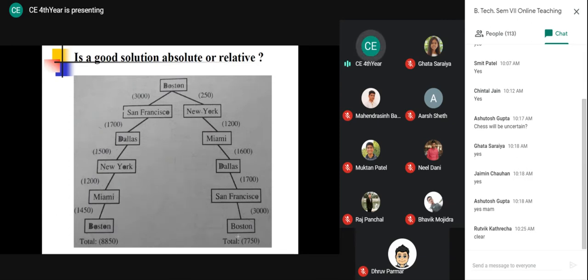So now see, in the first example that I have explained, once you get the solution, there is no need to explore the other paths, right? That's why that example is absolute. While in the case of the traveling salesman, once you get a solution, we cannot be sure unless we try the other paths to make sure none of them is shorter. And that's why you can say that the traveling salesman is an example of relative.